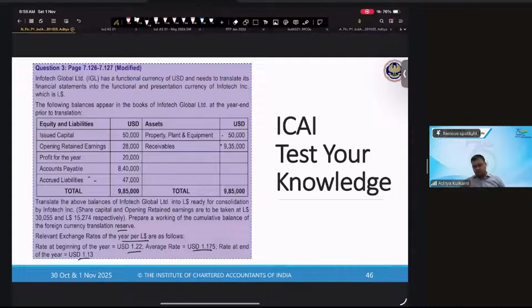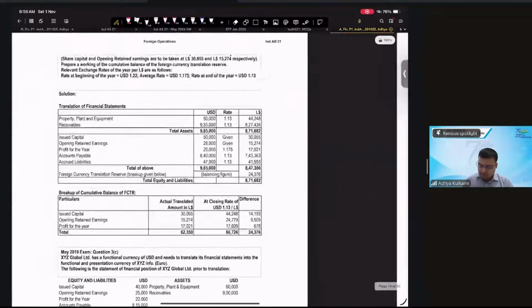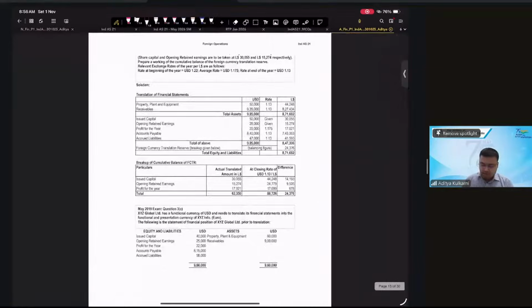Okay, that means 1 L dollar is equal to USD 1.22. So since your balance sheet is in USD, you have to divide. Anyways, with that, I think we shall just run through the solution. Okay. So you are given